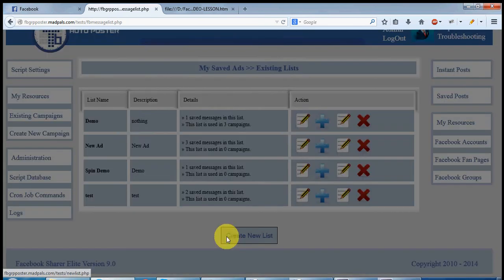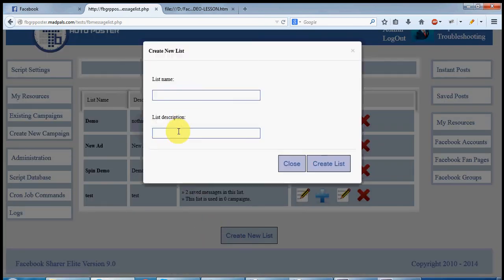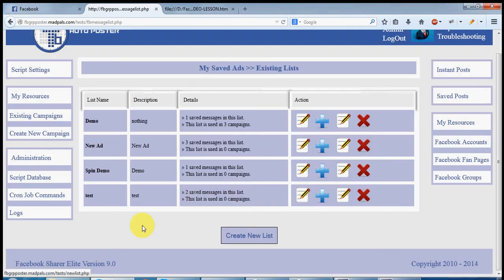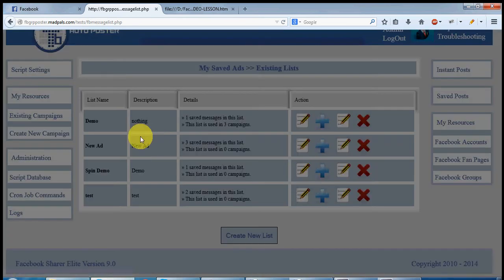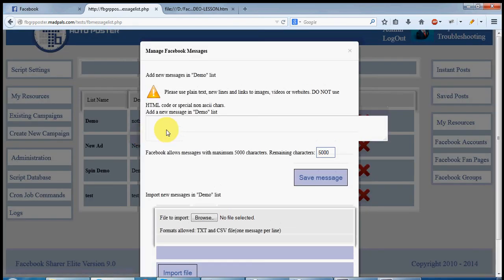So just create a new list, give it a name and a description, and create the list. Now click the add button and paste your message here, whatever you want to post.